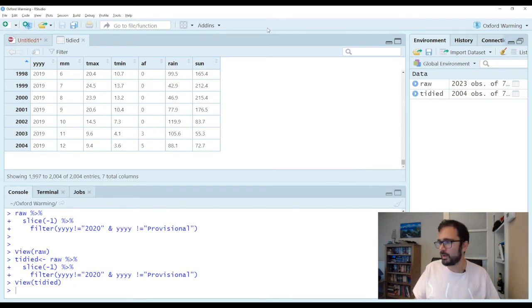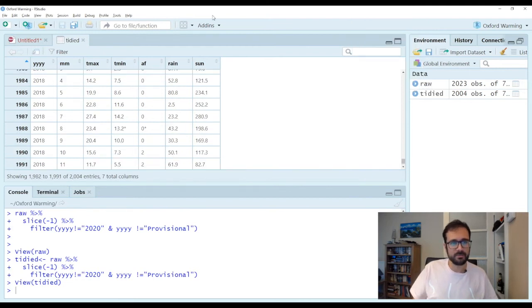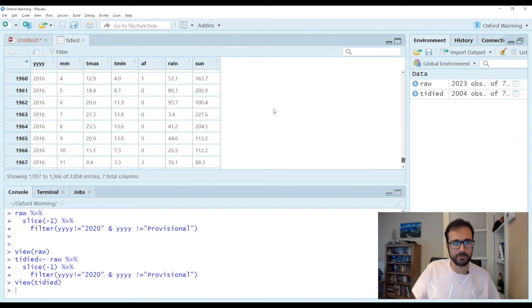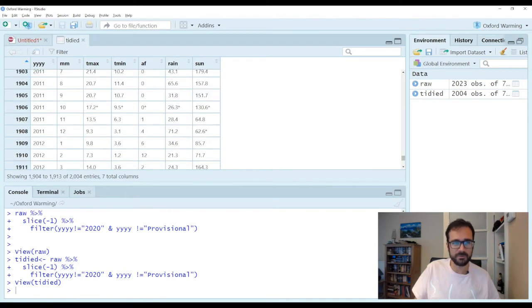Okay, so what else do I need to do? If I scroll up a little bit, I do remember seeing there are definitely some stars, and there might be some hashes as well. Although the hashes are in the sun column, if I recall the metadata correctly, and I don't really care about the sun column, so I might forget about that for now. But here, I definitely want to do something about those stars. I think from scrolling through before, they appear in a couple of other places as well. Yeah, there. Here, maybe I do care about these provisional values. When they're in the middle of my data, I'm going to want to keep these for this particular format.